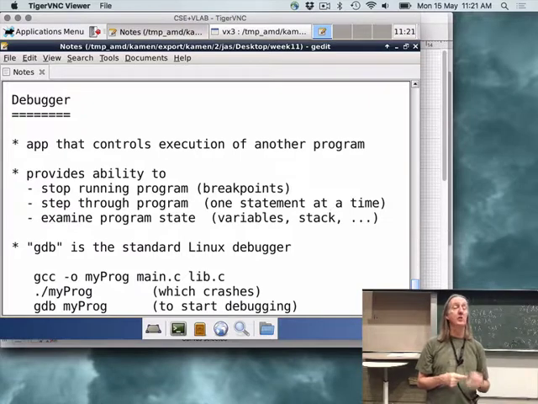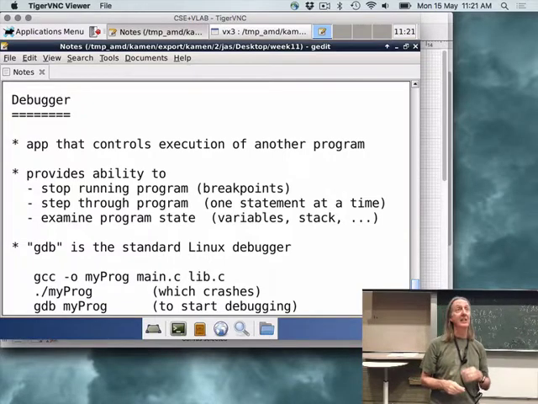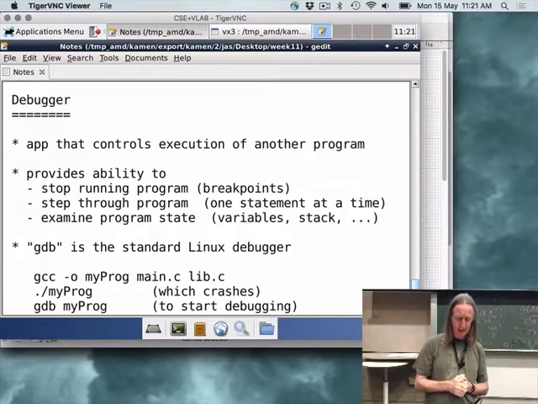And then you can look at the current program state, you can look at what are the parameters to the function, what are the local variables, and you can step through the code one statement at a time and keep looking at the variables and see how they're changing, and eventually you're going to spot where it's doing the wrong thing. So debuggers provide, you know, a fairly small set of operations, but they're extremely useful. The standard debugger on Linux is GDB.